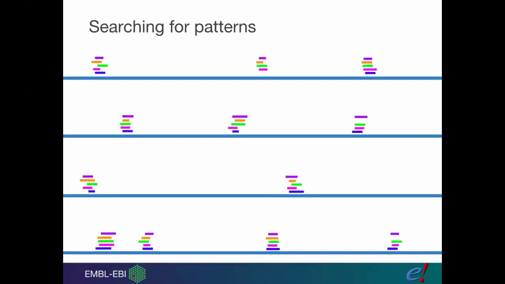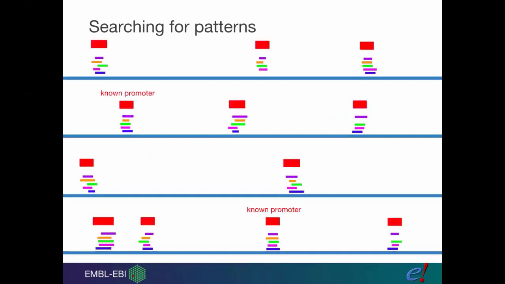Now, if we know the function of one or two of these, that means that we can extrapolate the function of all of them. We can say, well, actually, they must all be promoters. If this is a promoter, then this thing that looks the same as it must also be a promoter. If it looks like a duck and quacks like a duck and walks like a duck, it's probably a duck,